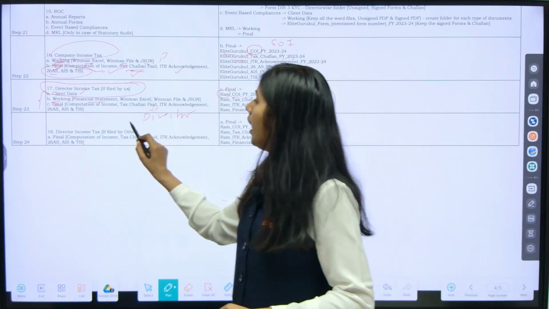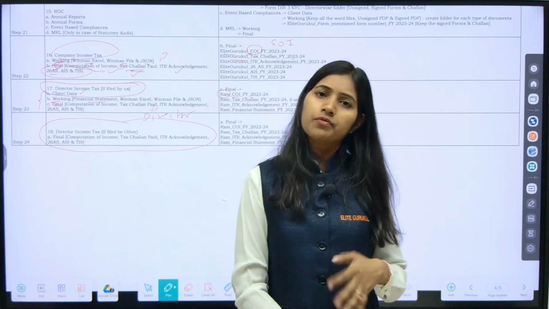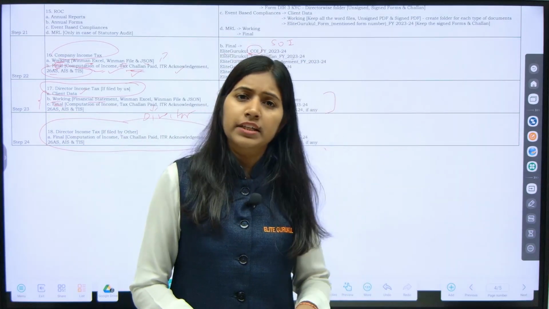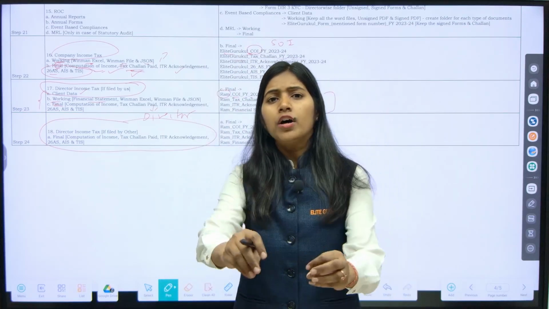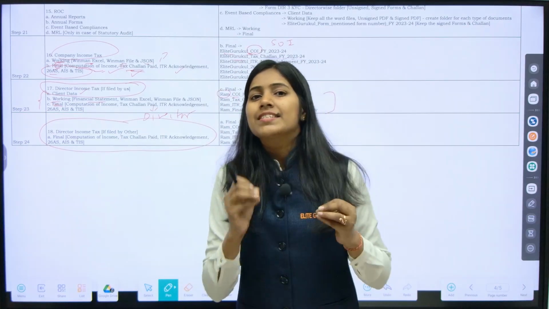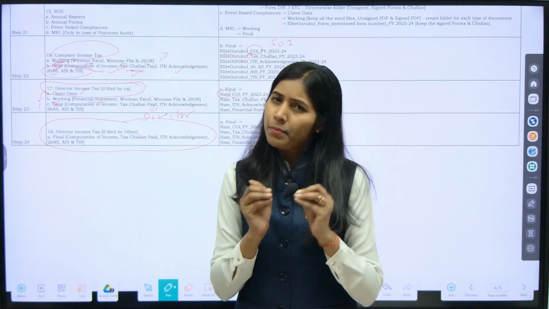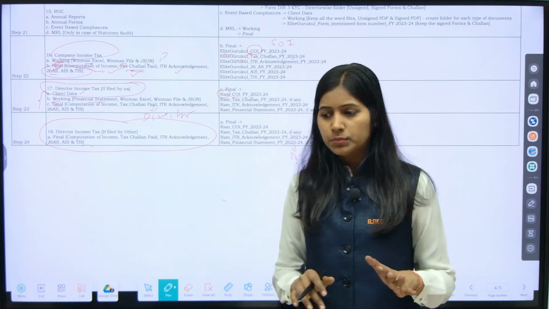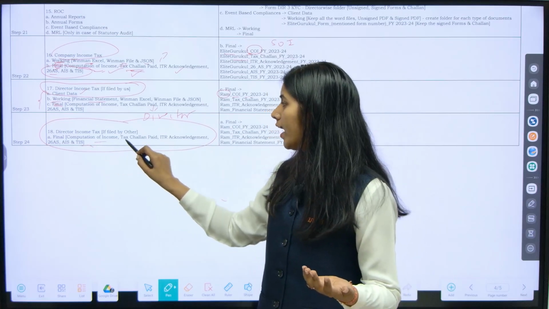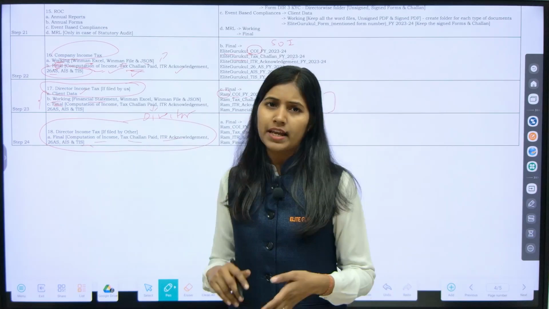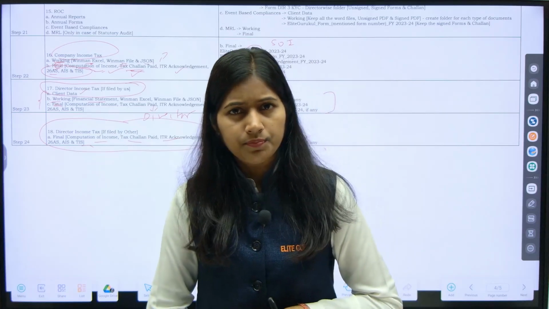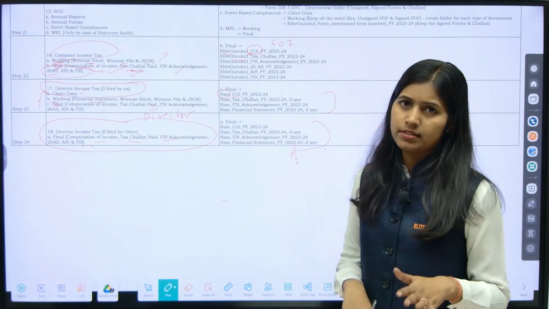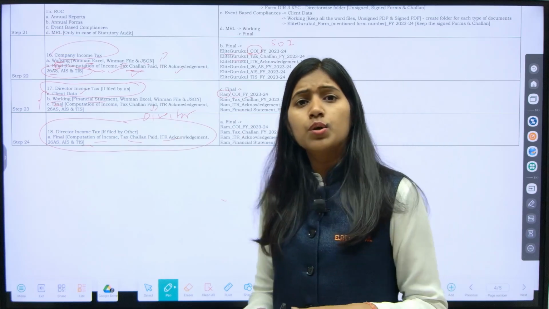And then, if the director's ITR is not filed by us, it is filed by somebody else, some other consultant or some other professional files the ITR of the director. But for the sake of being satisfied that the ITR is filed, we should have certain information, and that is the basic information, the final information which you are supposed to take: that is COI, tax challan, ITR acknowledgement, 26AS, AIS, TIS and whatever it is. You should have this information, and the same you are supposed to keep like this. So with this your director ITR is also done.